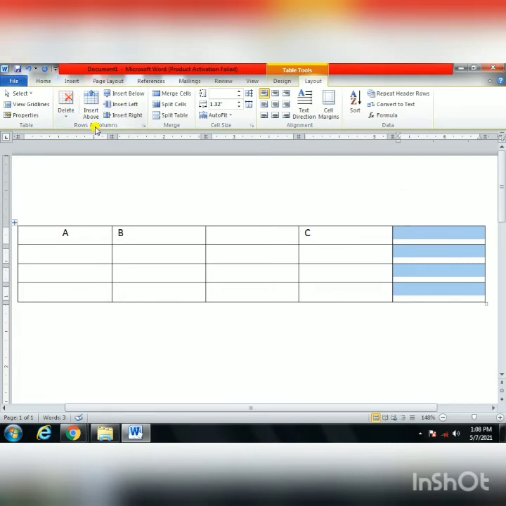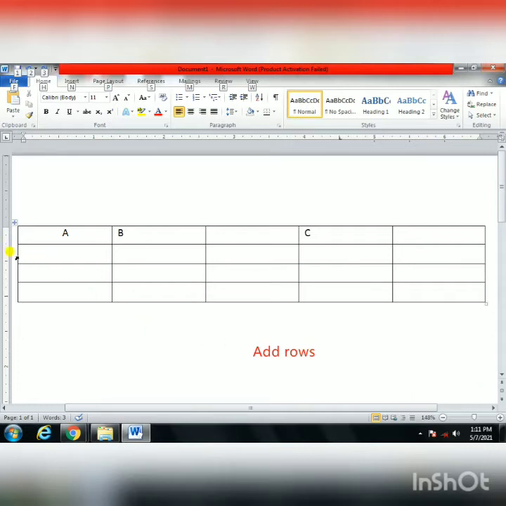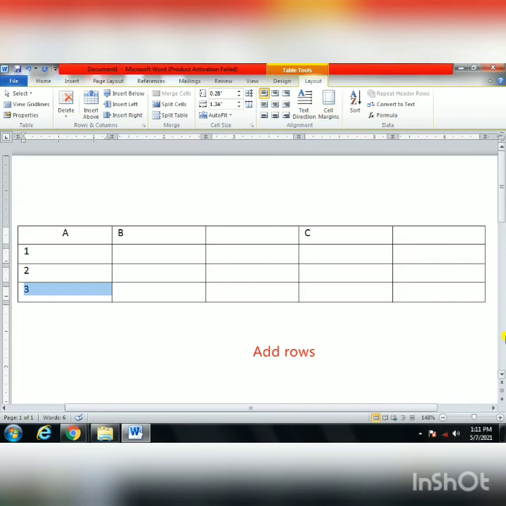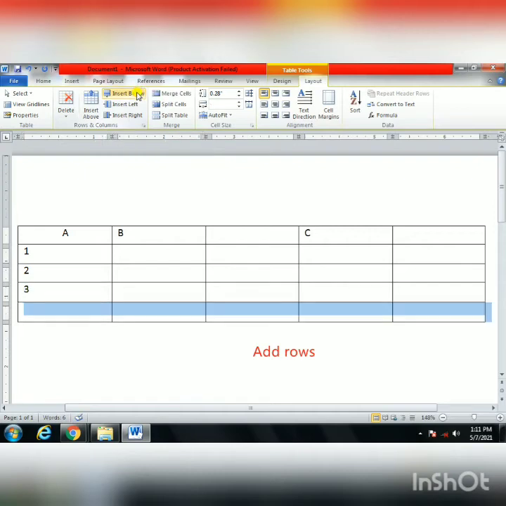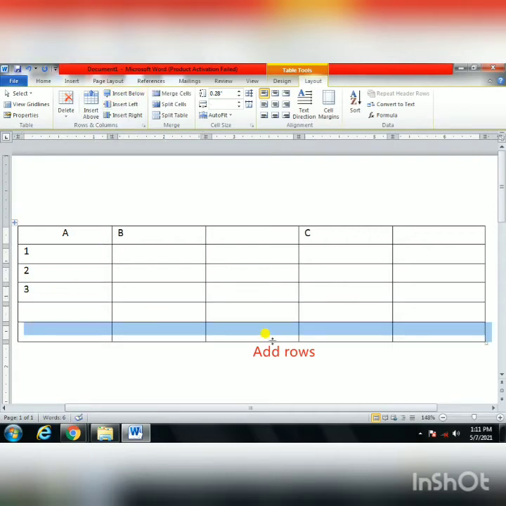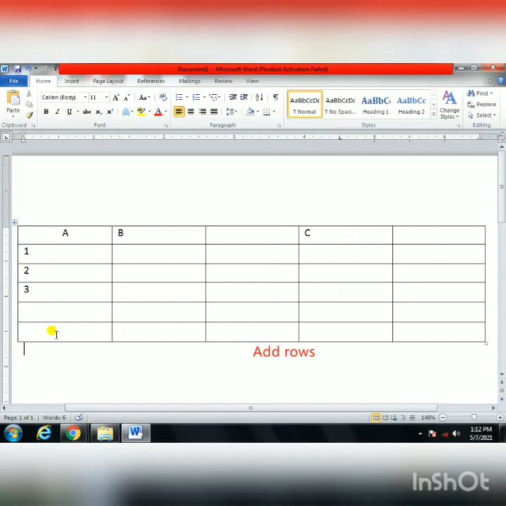Now we saw how to add the column. Now I will show you the rows. My dear, the same process will be followed. Before that I will write here 1, 2, 3. And in the down part I will draw a few rows. In the down part, select the last one, click on the Layout tab and Rows and Columns. I will click on Insert Above. Above means it will be up and below means down. However many rows you want, that many times you have to click on Insert Below and it will be added. So 1, 2, 3, 4, 5, 6, 7, however many you want, they will be added.